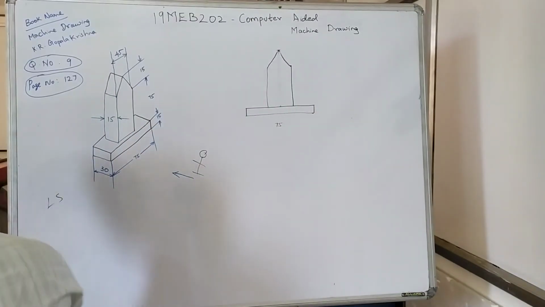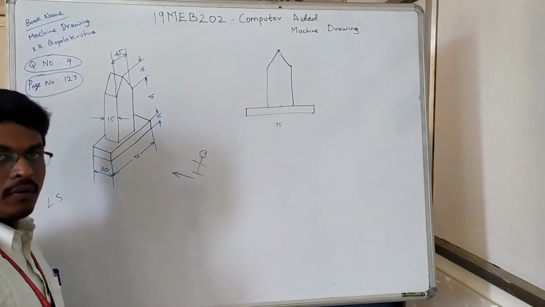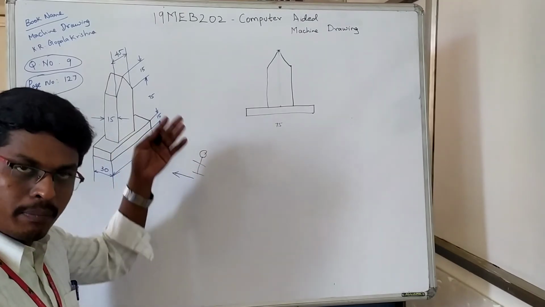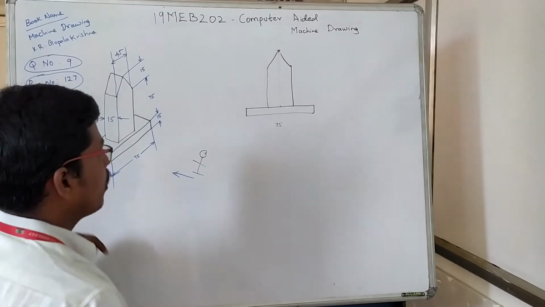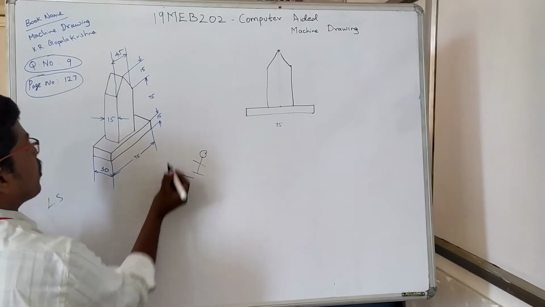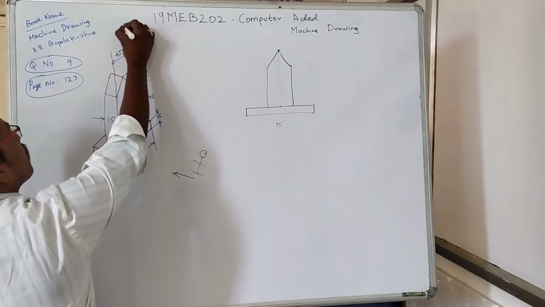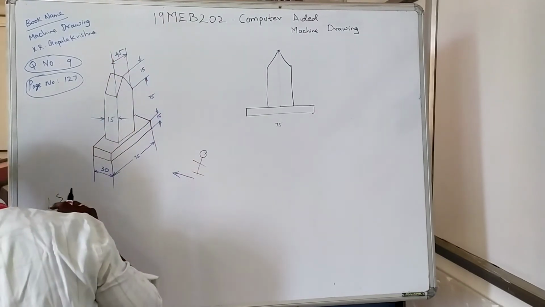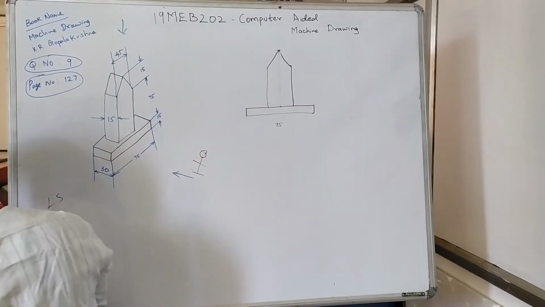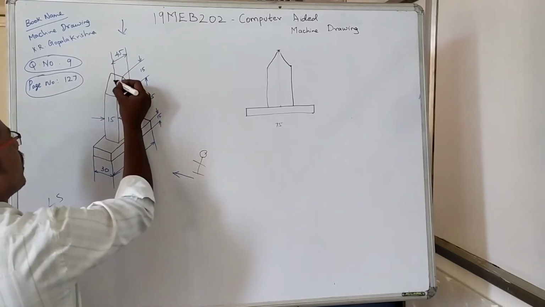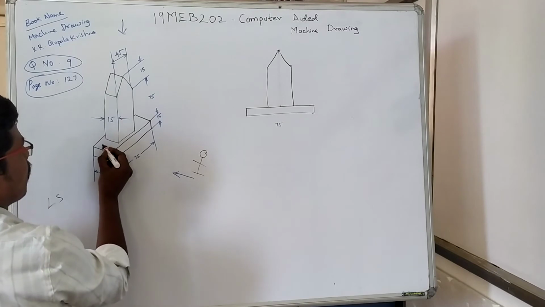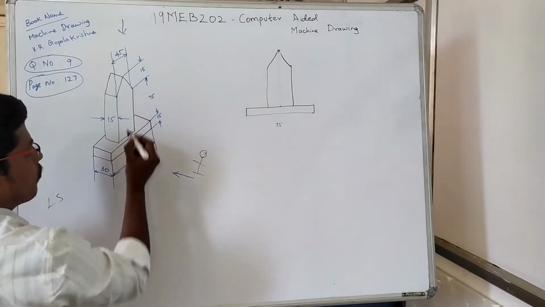Okay. Now my front view is over. As I already told, in first angle projection we are drawing the top view below the front view. Okay, I am going to draw the top view here. From here to here I am seeing this view from top. Okay, from top I can see this surface and again this surface and this surface and this surface.